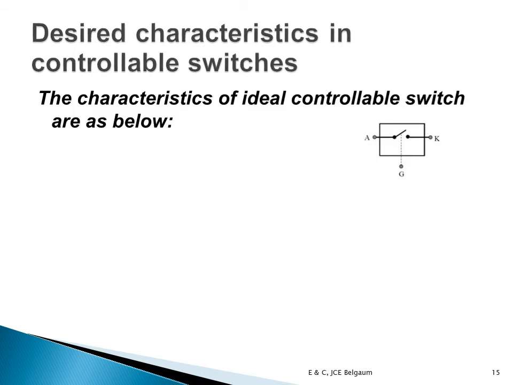So what are the characteristics of an ideal controllable switch? How do I want it to actually be? I don't want any power loss when it is on. What do you mean by power loss? See, normally I connect an input at A and the output is at K. And this switch is basically controlling whether the input is connected to the output or not. If it is on, it is connected. If it is off, A is not connected to K. And in between, I have to see that when this is on, there should be no voltage drop across it. Meaning it should not use any voltage of the input.